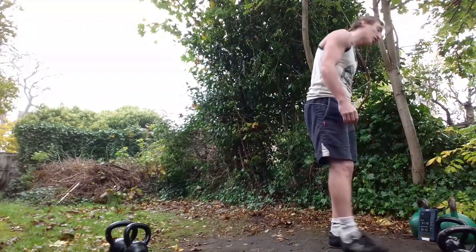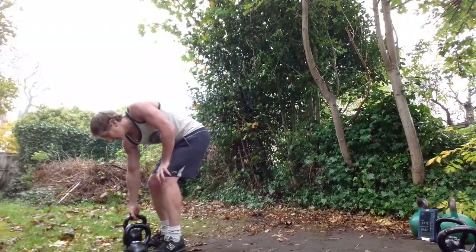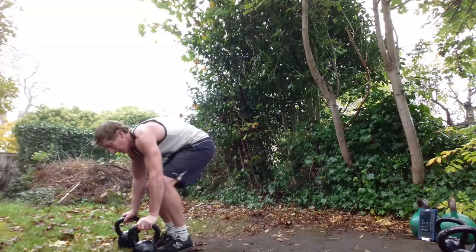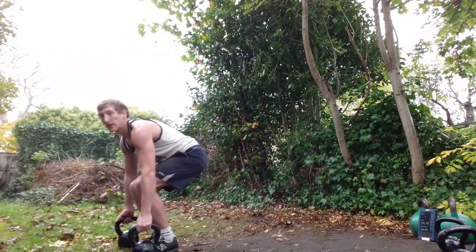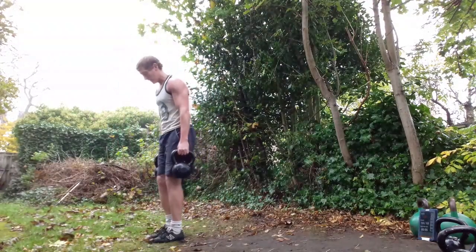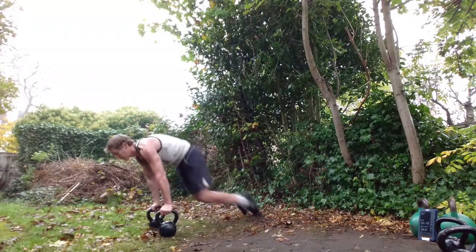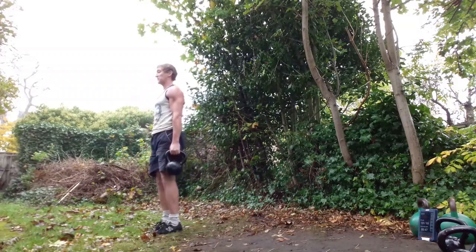And we are going to finish with our deadlift sprawl. So I'm back to these two 16s because they're a little bit more sturdy. Make sure you... So I'm going to pick these up, deadlift, drive up through the heels, 1, bring them back to the floor towards the heels, 2, 3, sprawl, 4, and drive up through the heels, touch your butt, good